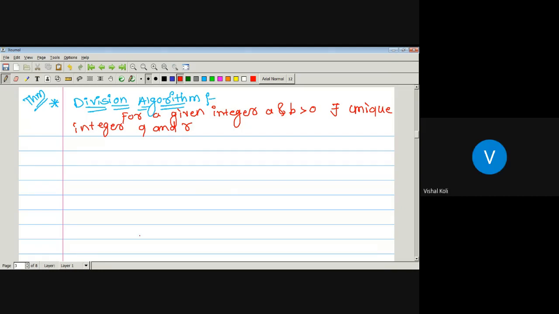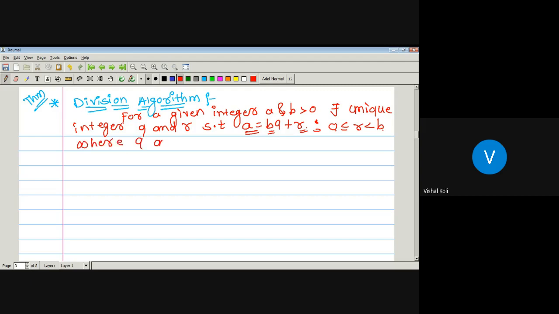Okay, so there exist unique integers Q and R such that A is nothing but B into Q plus R. Since we know that whenever we divide one integer by another integer, the resultant will not always be an integer. So this is a theorem that tells us this. Here R means it is a remainder. So 0 is less than or equal to R, which is less than B. That is, this R lies between 0 and B, where